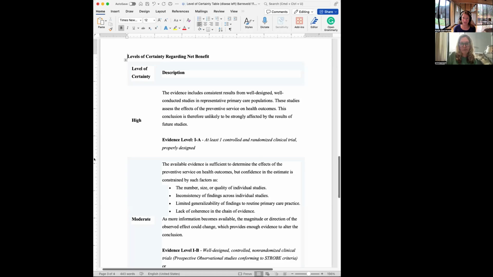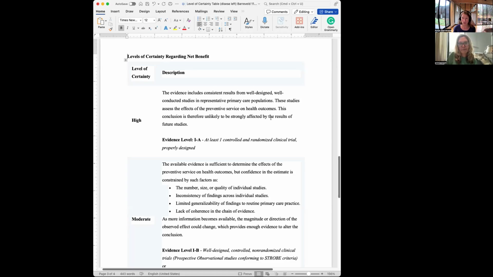Hi, everyone. So we just wanted to give a little summary about the two main tables that we're asking you to complete. One is going to be level of certainty, and that's based on the evidence. And then one that is going to be based on your clinical recommendations. So we understand that some of this can be confusing, so we wanted to just show you real quick what